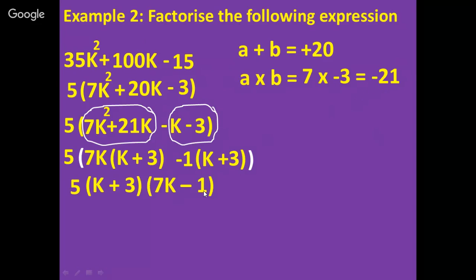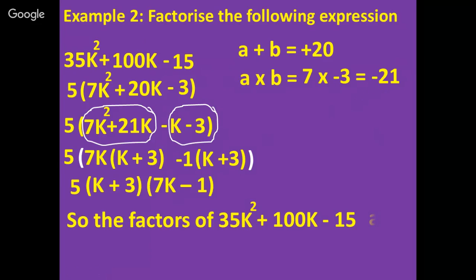And this whole into 5. So we have factored our quadratic expression. So the factors of 35k squared plus 100k minus 15 are 5 times k plus 3 times 7k minus 1. I hope you learned this